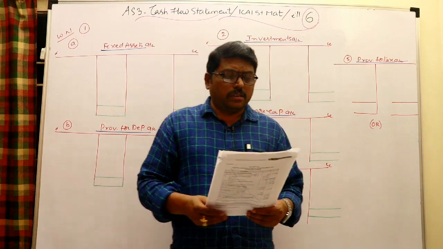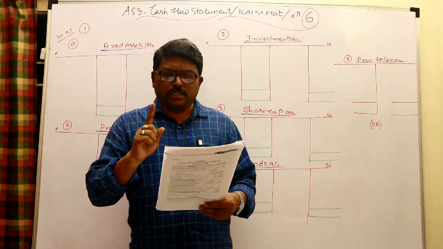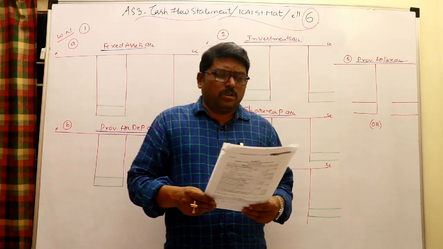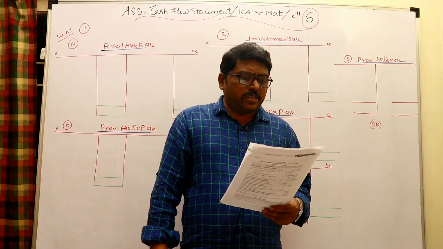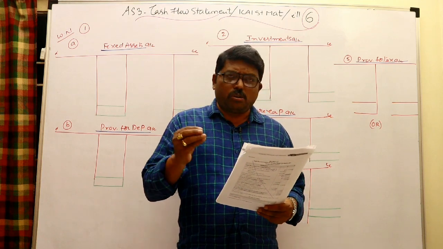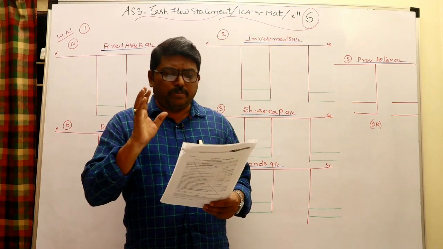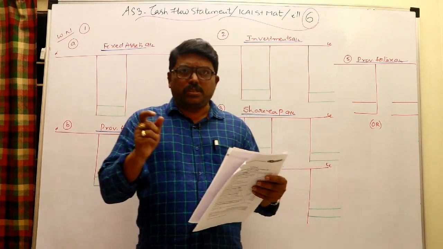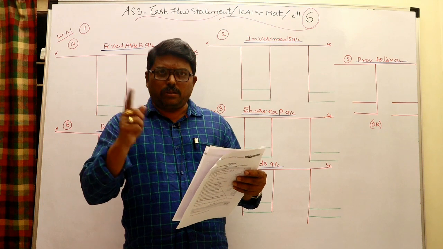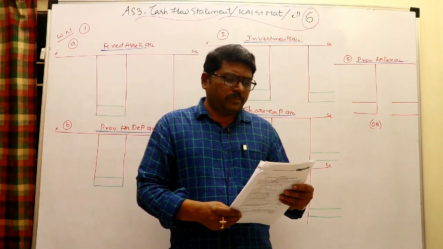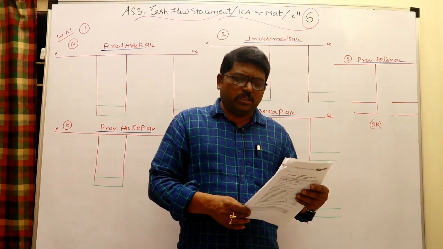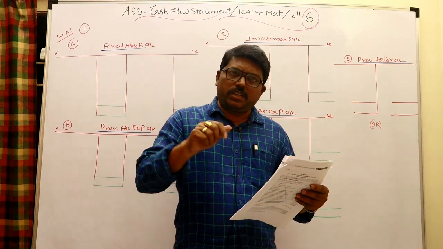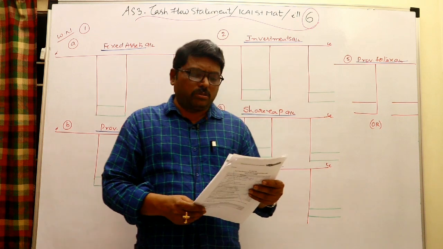Please concentrate here. One, purchase of investment 78,000, entry investments account debit to cash or bank account. Say purchase of investments is straight away given. Sold investments costing 90,000 at 1,02,000, means there is a profit of 12,000. So when investment is sold with sale proceeds, you may write the entry cash or bank to investments account 1,02,000. Cost is 90,000, there is a profit of 12,000, for which the entry is investments account debit to P&L account.